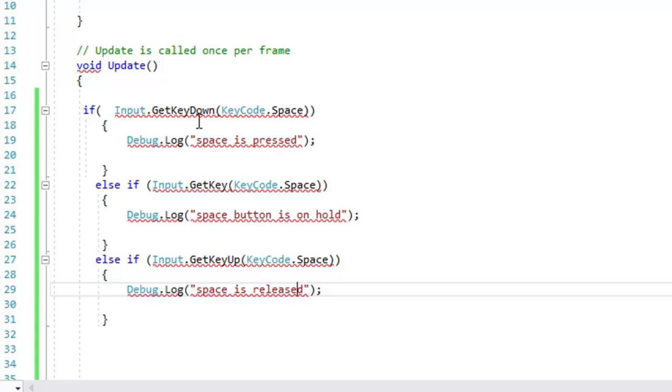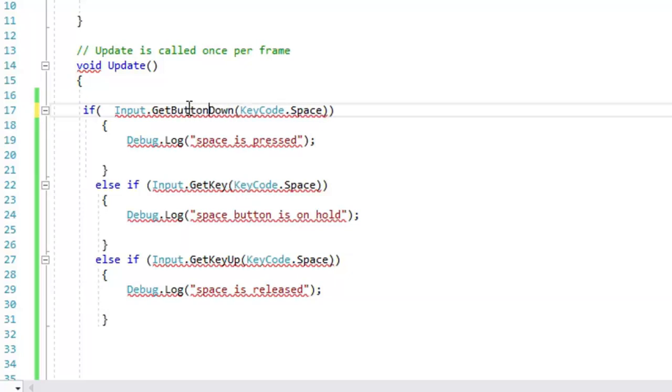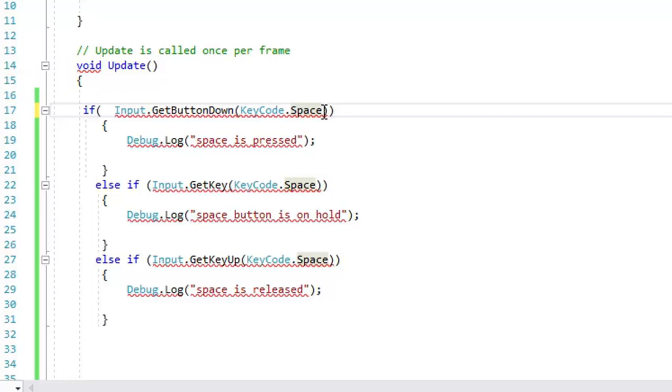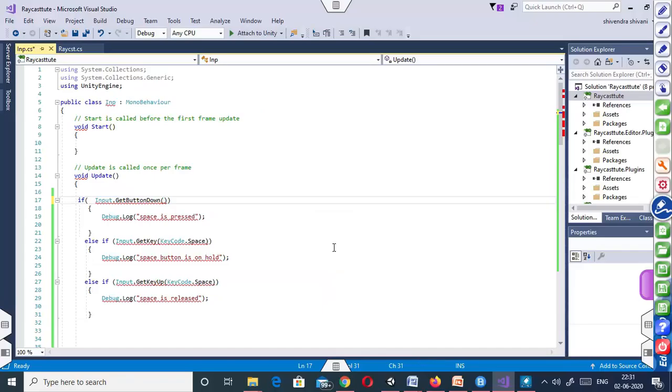So I am telling you one example, get button, but I have already told you that button always takes a string, not a key code. How will we know which string is associated with which key?